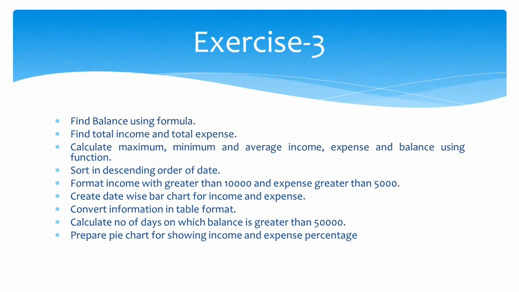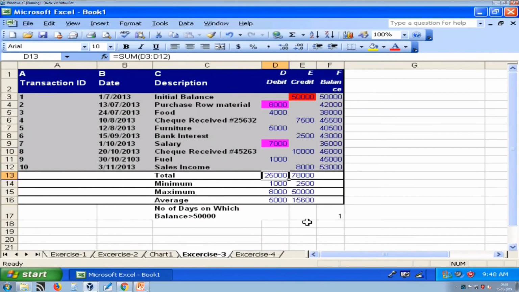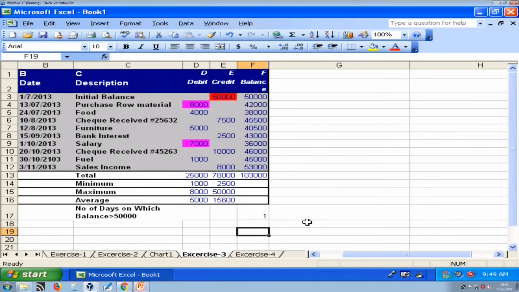Now we want to prepare a pie chart for showing income and expense percentage. So this is our total income and this is our total expense, and just write down like this: total expense.